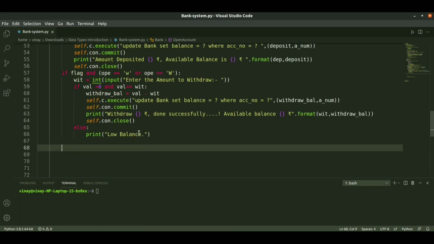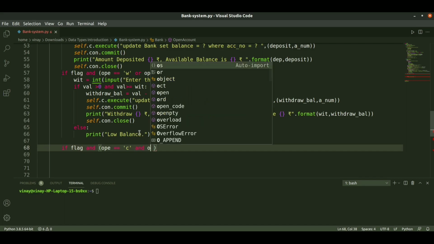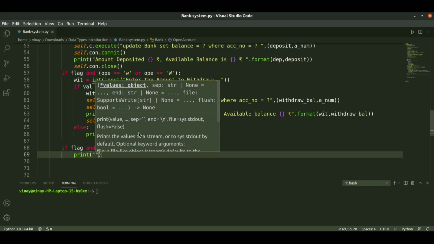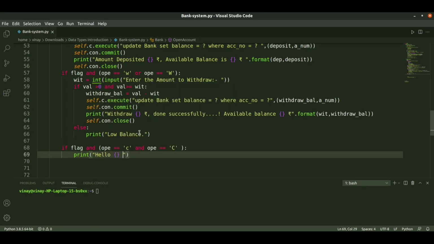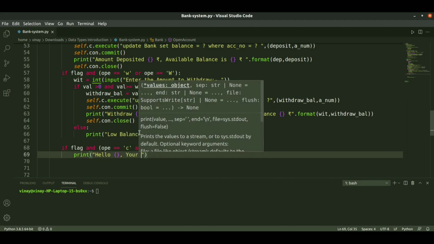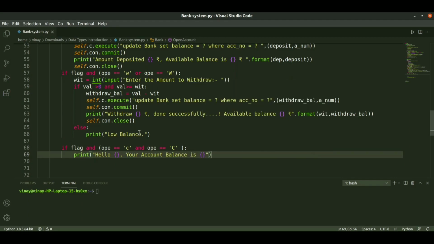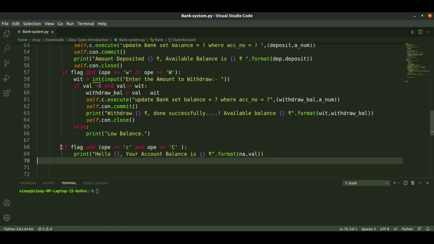So here, if flag and operation is equal to capital C, checking balance, then we just print hello person name, comma, your account balance is account balance, and we use the rupee symbol, dot format, and we pass the account name as NA, and balance as val, the value in that account. So by this we can check the available balance.